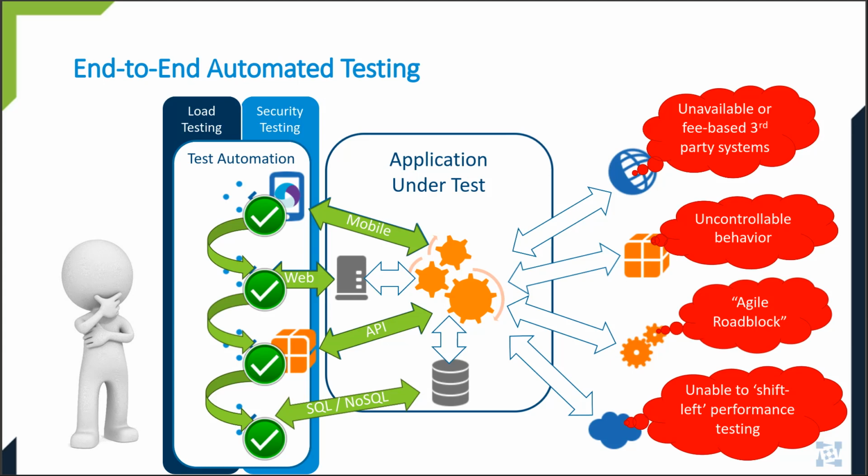Maybe you don't have problems getting a connection to the backend system because it's nicely Dockerized, it's cloud deployable. You can stand up an instance whenever you want. But the trouble is you can't control all of the behavioral characteristics. You can't get the right test data into the state. You can't get the system to respond in the negative ways that you need